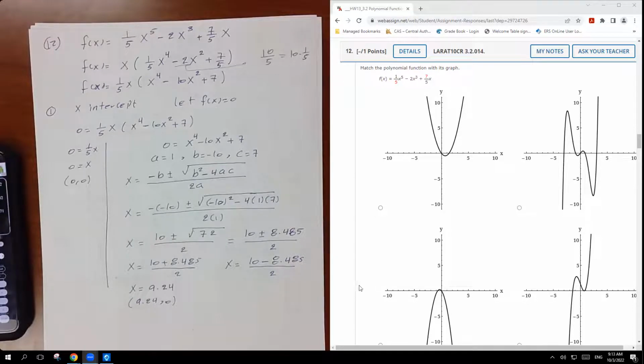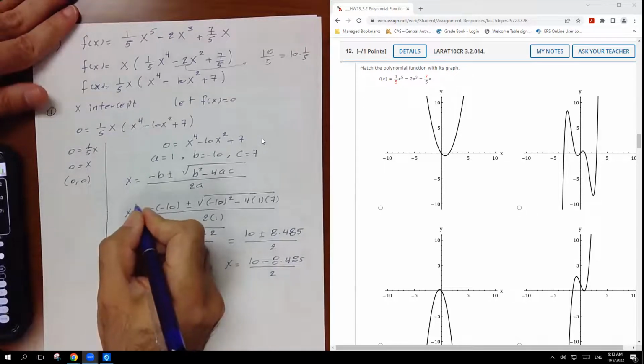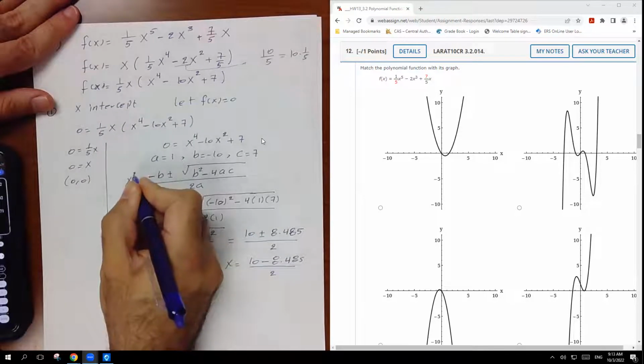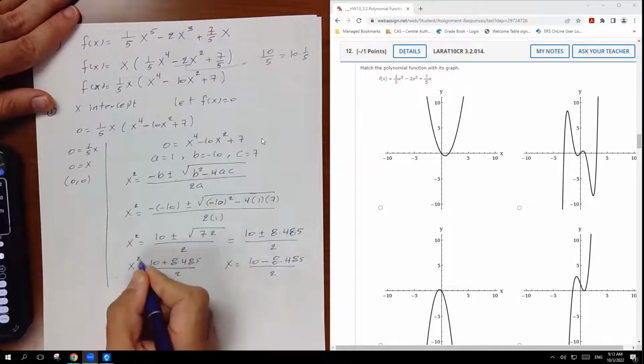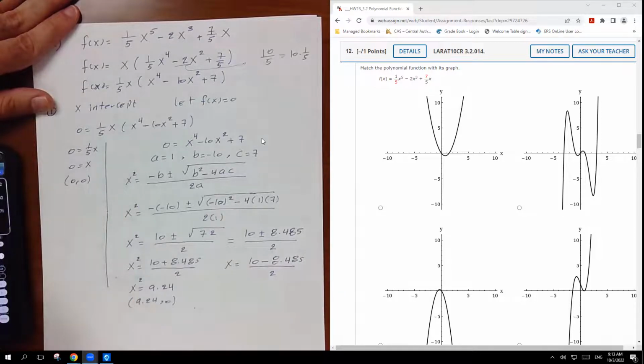It's supposed to be less than 9. Maybe we did something wrong. How many x-intercepts? 1, 2, 3, 4. We have 4 x-intercepts here, because this is x squared. We have to take the square root. And here's the wrong thing. This is x squared here. We need to find x squared, so taking the square root for this number